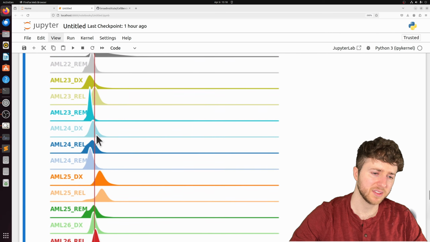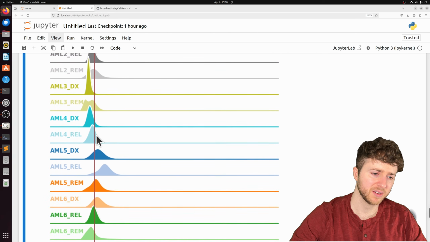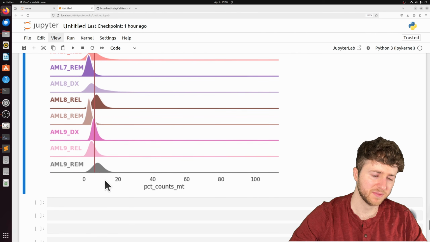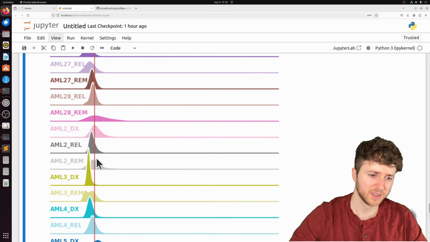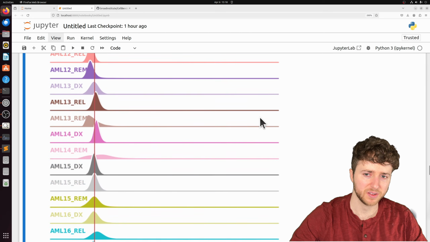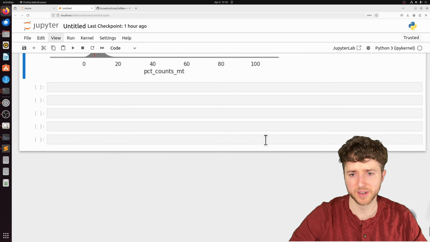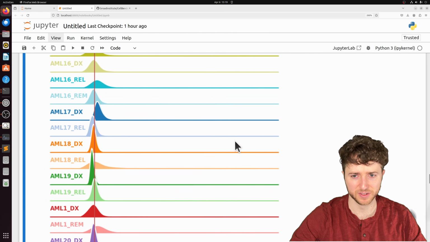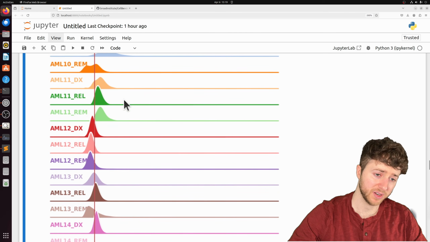So we see none of the samples, you know, there is some variation, but none of them are huge outliers. They all fall around, you know, 0 to 20% at max. Some of these must have gone all the way close to 100. That's why our axis goes all the way to 100. But in terms of the distribution, they're not that many, and those will get filtered out when we do the actual pre-processing steps.